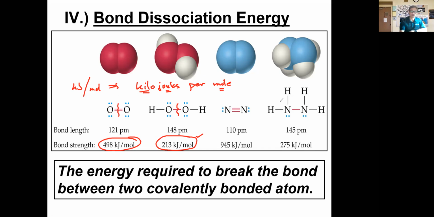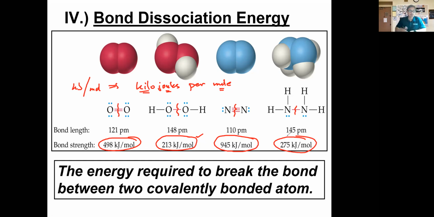If you compare the nitrogens here, the nitrogen-nitrogen triple bond takes 945 kilojoules of energy to break, compared to the nitrogen-nitrogen single bond, which only takes 275 kilojoules of energy. So we can use this bond dissociation energy, which we can measure, and we can use that to determine